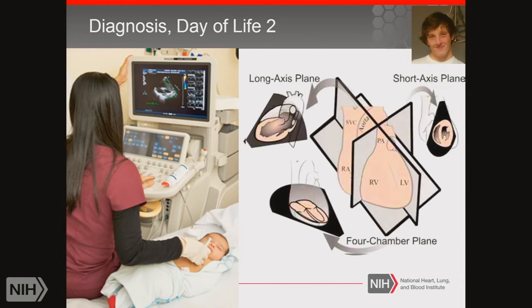The main way we do diagnosis in congenital heart disease is with echocardiography. This uses ultrasound. There's no ionizing radiation. You bring the ultrasound machine right to the child's bedside, and with this little transducer, you scan through various imaging planes in the heart. It's a three-dimensional structure. You're trying to recreate it with two-dimensional imaging, at least in this technique. And at the end of the echocardiogram, we have a complete picture of the heart. And in Joshua's case,